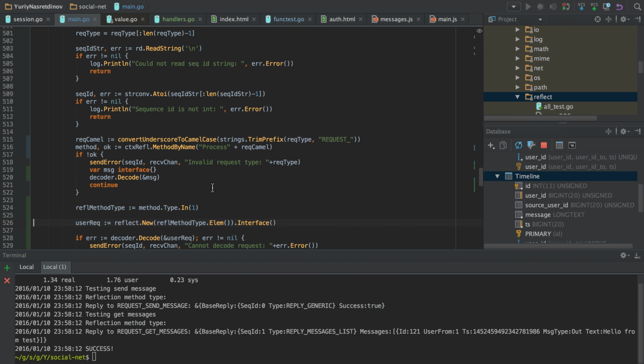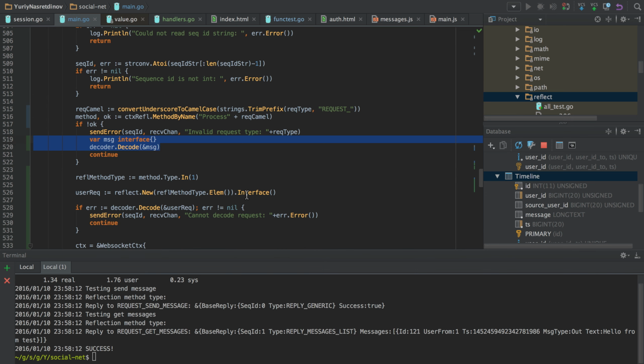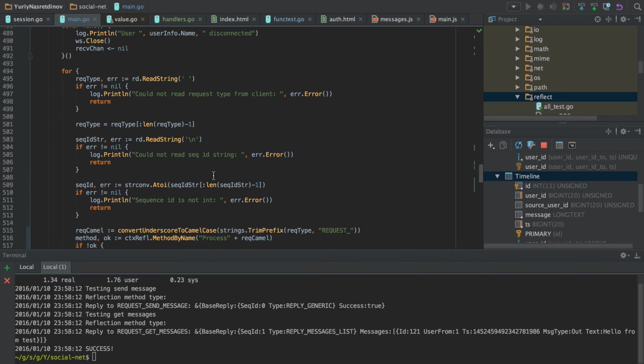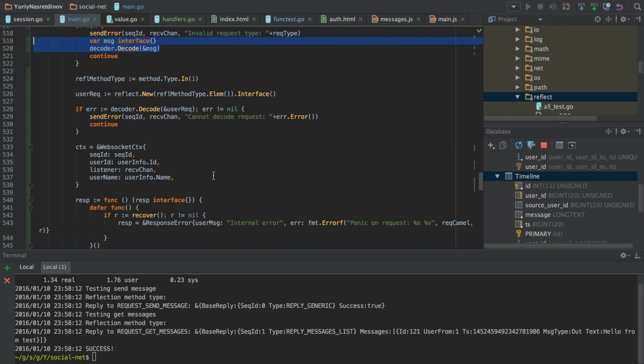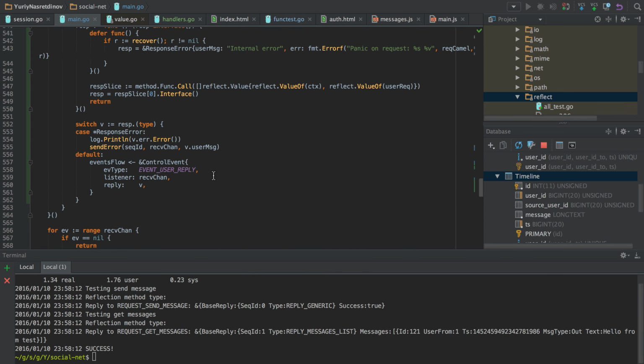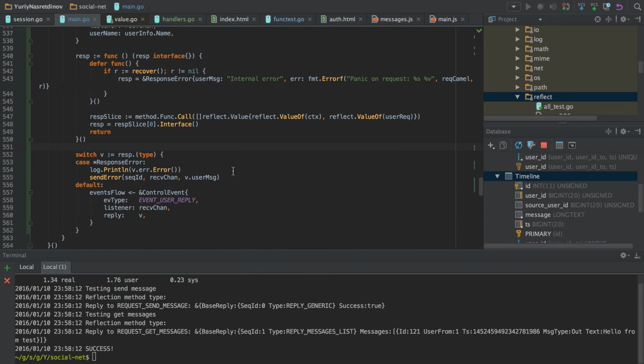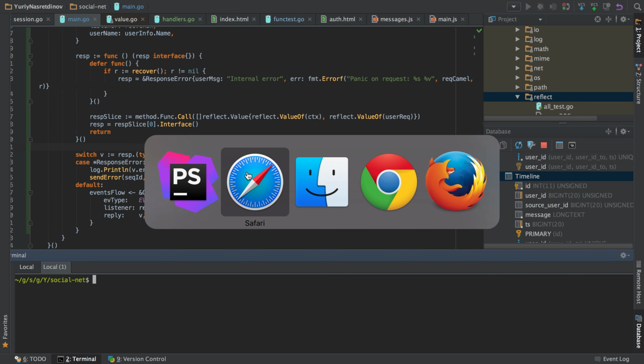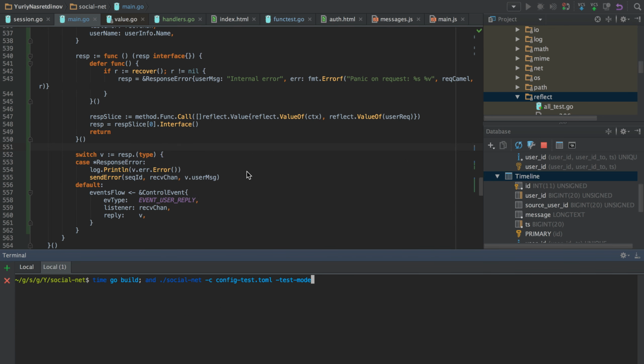We get the replies, and I remove the debug messages. I also added the decoder decode call to the invalid request type handler, so that we don't mess up the protocol, and we continue decoding next requests even if one of them failed with an unknown type.